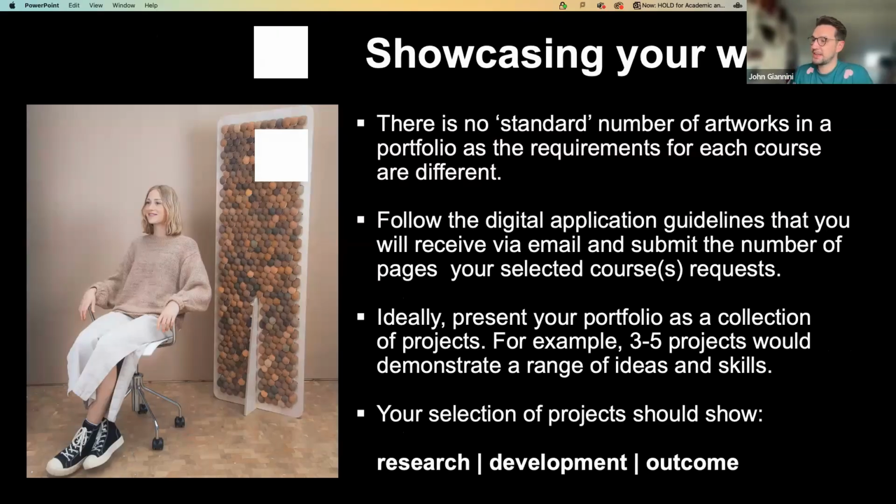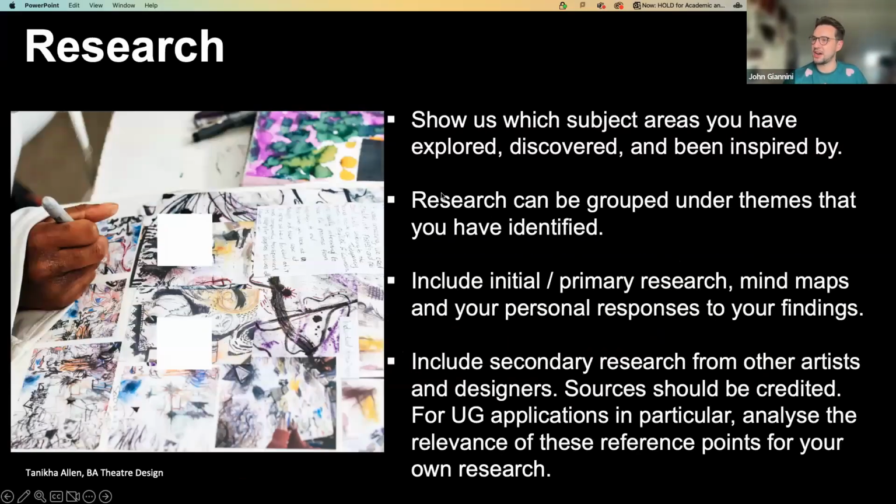Now, as I've already said, we want that to be 3 to 5 projects, and each of those should show the following 3 steps. And we love these 3 steps. We stick to them at all costs, and that's research, development, and outcome. So a student might have a final piece of work, that is their outcome. Now they need to also think about the research and development that went into it, hopefully as part of the entire project. So let's start with a breakdown of research and the kind of thing that we would expect to be included as part of the student's research.